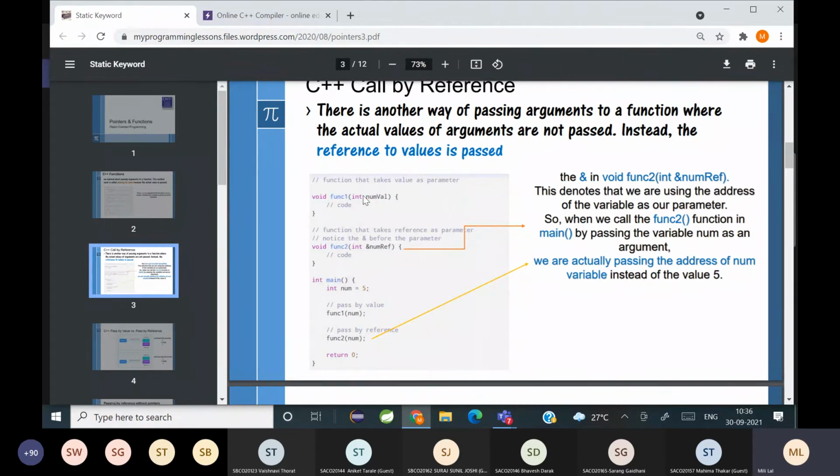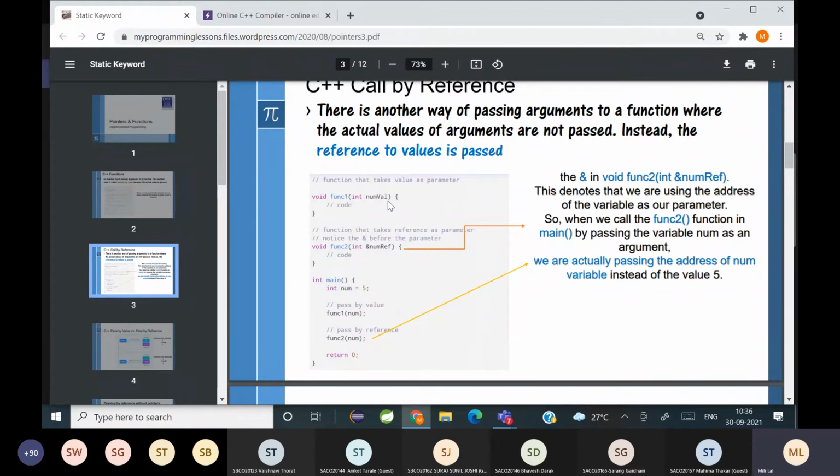Now you can see the example here. When I write int num, it's passing by value. But when I write int ampersand num, ampersand का मतलब क्या है? What do you mean by ampersand? Address. Memory address. Yeah, so it is the reference. So when I say function num, it's passing the value.